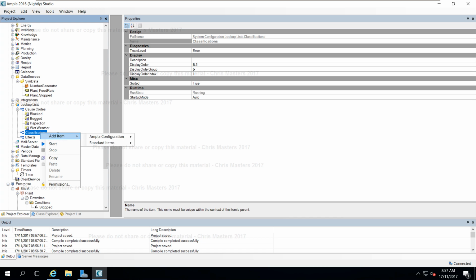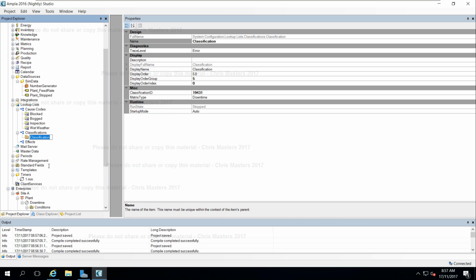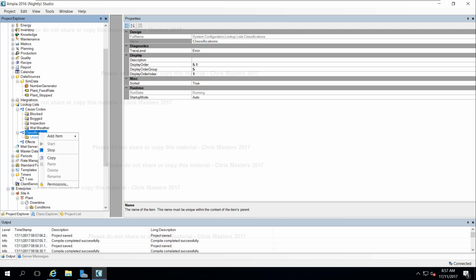Now what we'll do is create some classifications, and we'll say that was unscheduled operational. So the classification is really like a categorization of time loss by which operating group is responsible within the business. You can see that the operational department can cause issues around feeding the plant too much, or letting something run dry, or not setting the plant up properly. They're operational type issues. Most of the time they would be unscheduled operational type issues. So then we would also have